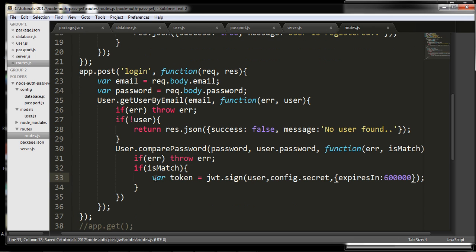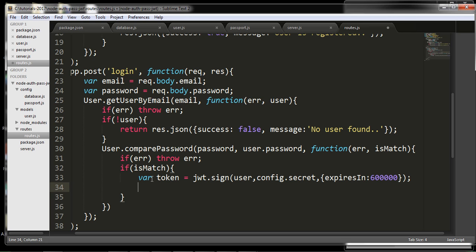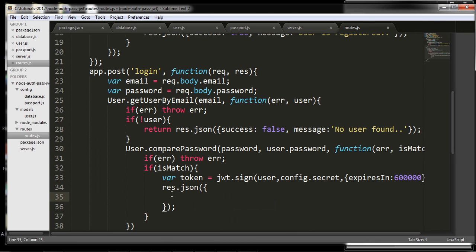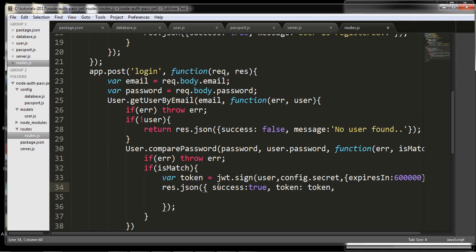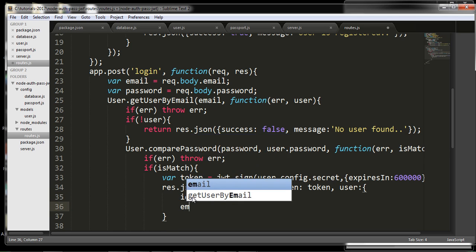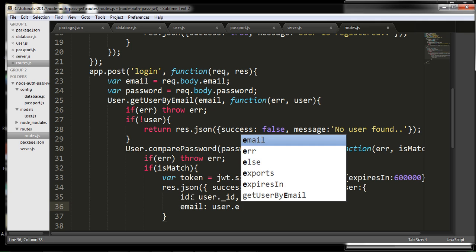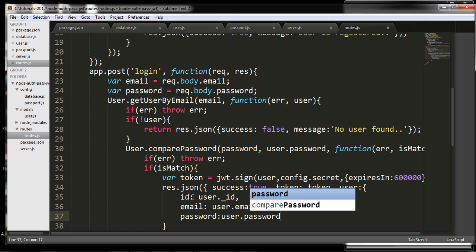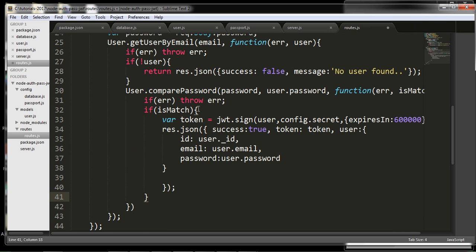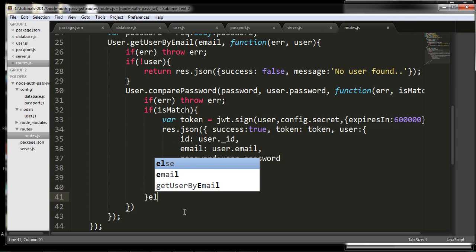Okay, now I am generating the token, and I am going to return by writing response JSON, and I am writing success true, and token will be token, and user will be id, user dot underscore id, email, user dot email, password, user dot password. Okay, now if password doesn't match, so else,